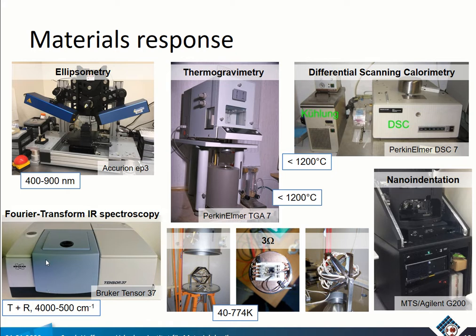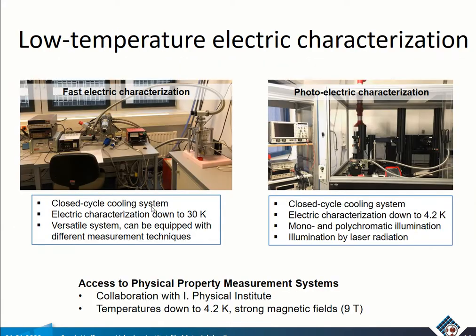And here we have the Fourier transform infrared spectroscopy. There you can measure the absorption edges in your sample, in this region here. For thin films, you can also have this in transmission and reflection if you want to estimate the bulk values, for example. The next thing we want to